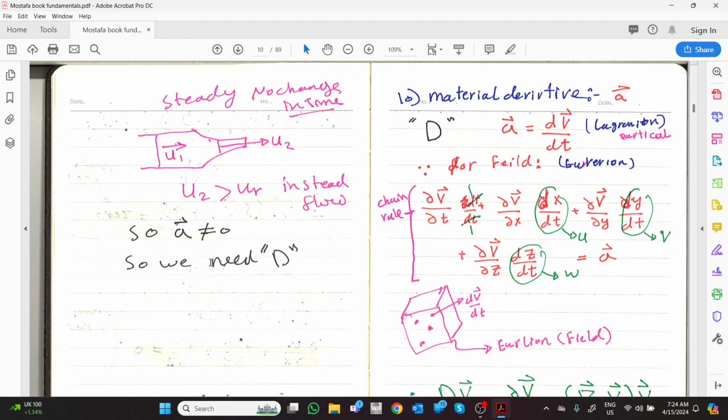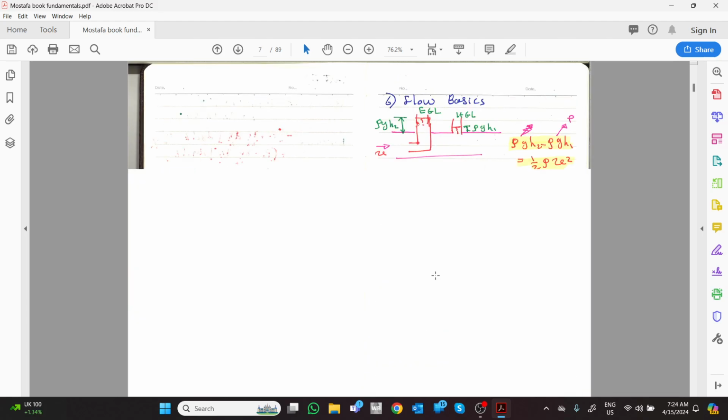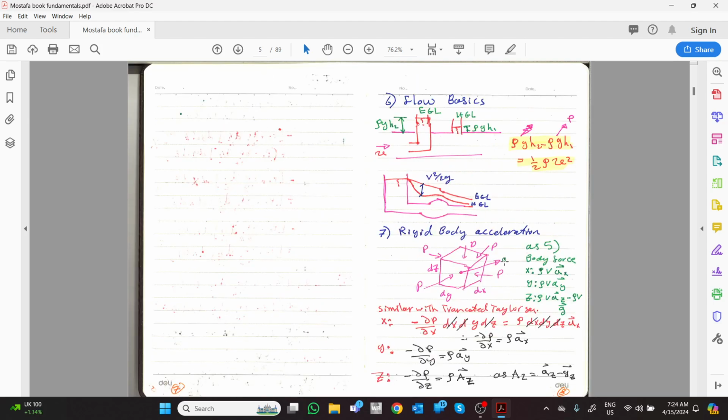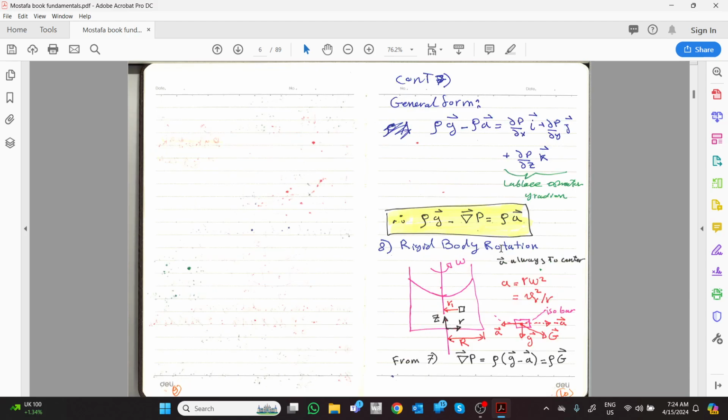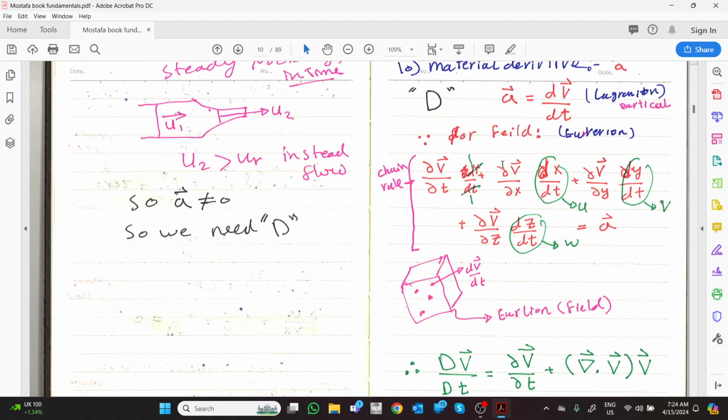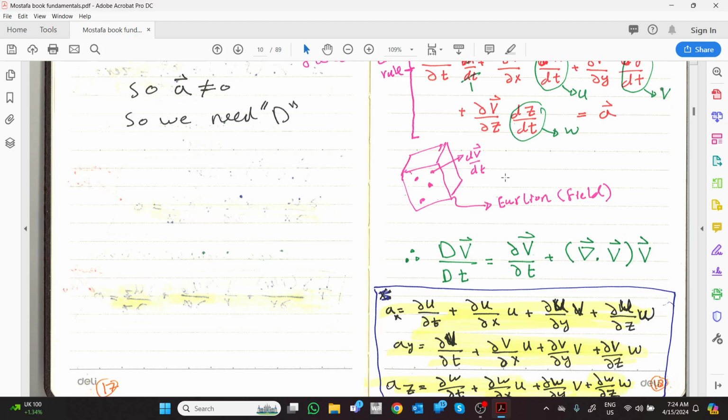In another way, acceleration means forces. And we understood before, as we discussed, that acceleration is a body force, like the acceleration of gravity. It is a body force. Body force means it is acting on the center of the body. Good. So if I have something accelerating at the center of the body itself, but